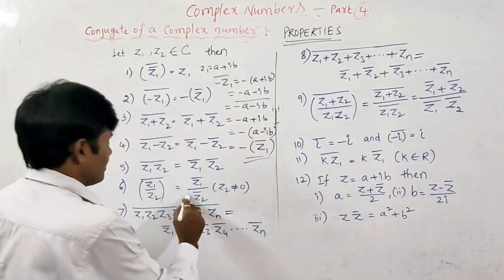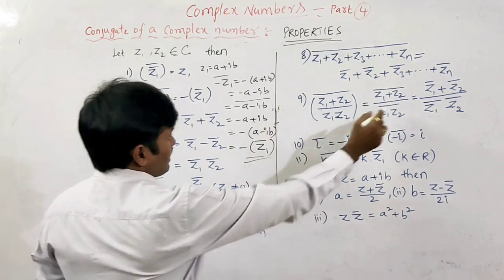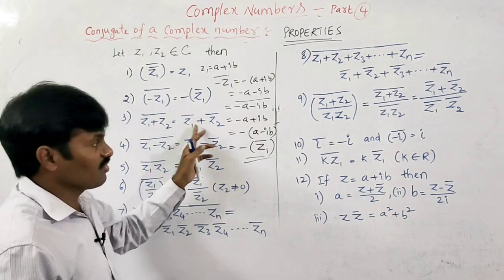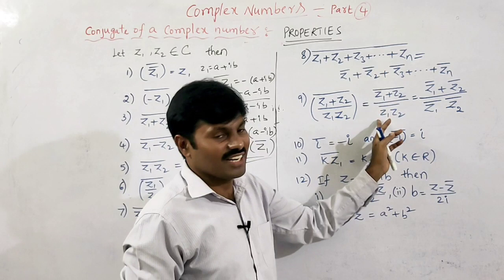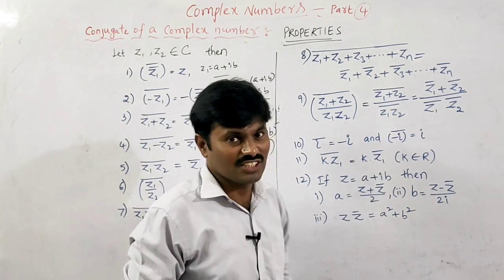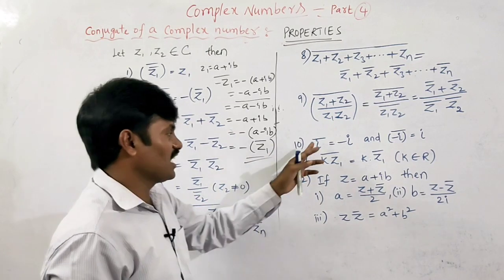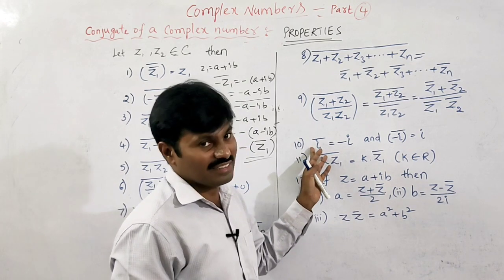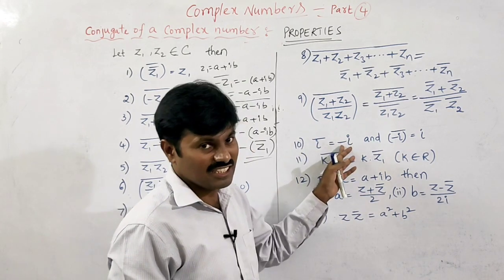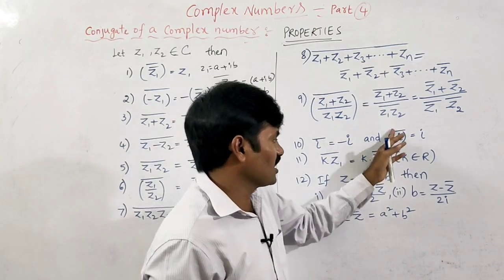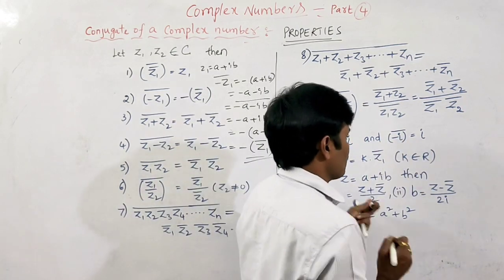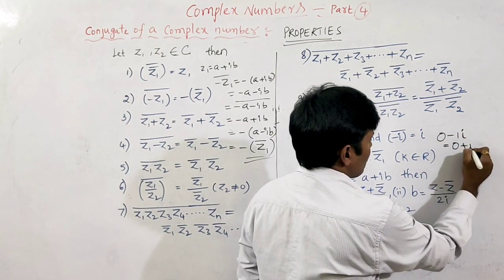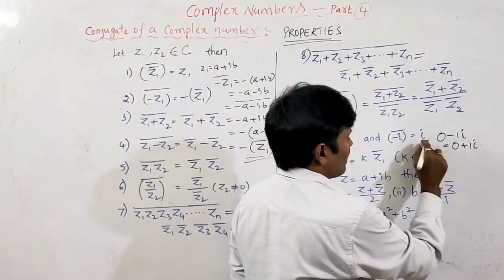Already we know the sixth. By applying the sixth and ninth, we get this one. Again, the conjugate of z1 plus z2 can be written individually as the conjugate of z1 plus the conjugate of z2, by the conjugate of z1 into z2, which can be expressed as the conjugate of z1 into the conjugate of z2. And the conjugate of the imaginary part: we know i means 0 plus 1i, so its conjugate means you must change its sign, so minus i. And the conjugate of minus i is equal to i, because minus i means 0 minus 1i, and its conjugate is 0 plus 1i, which can be written as i.